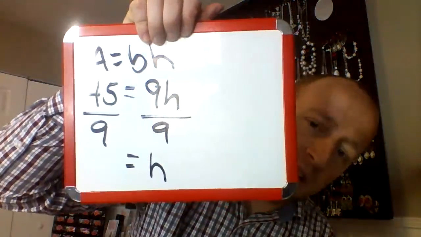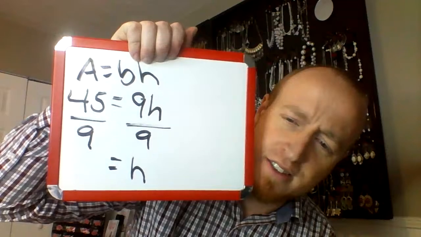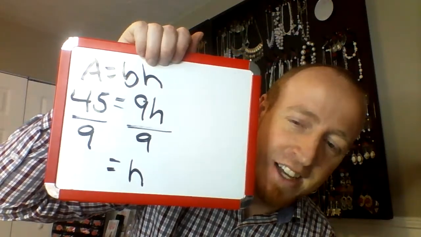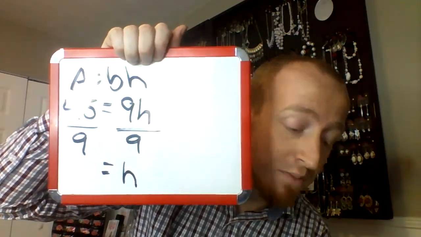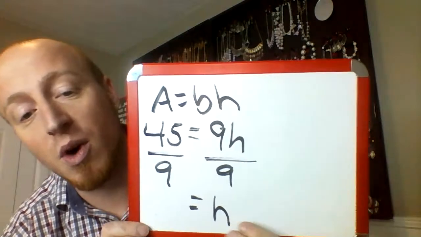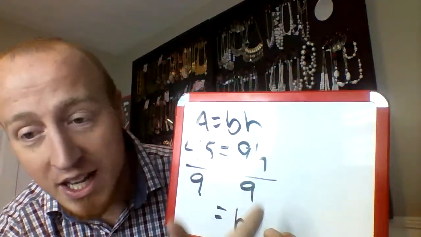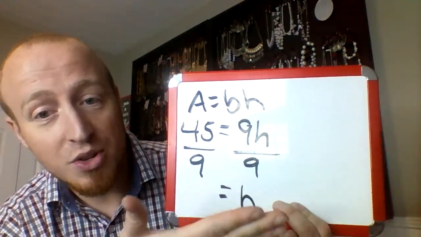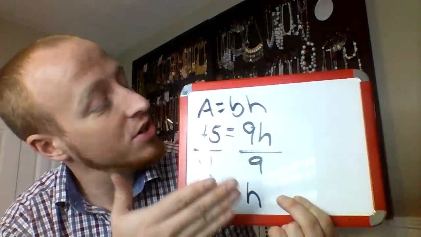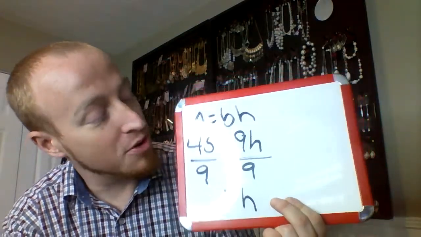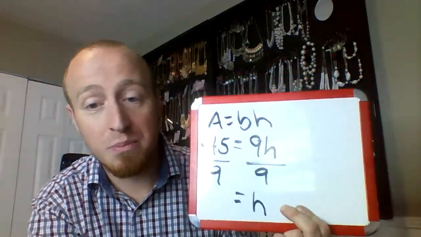Good job. We're going to use the division property, not multiply. We're going to use the division property of equality because this is a multiplication equation. So we do the opposite of what it's asking you to do to the variable. So we divide both sides by 9, and our height would be,